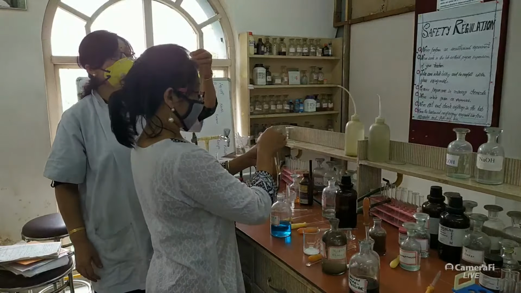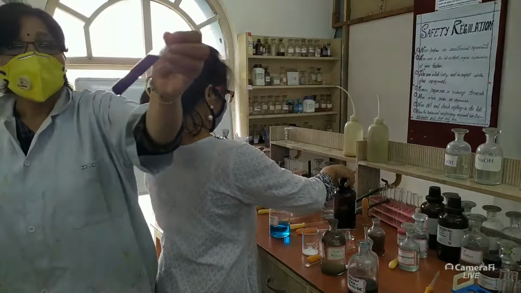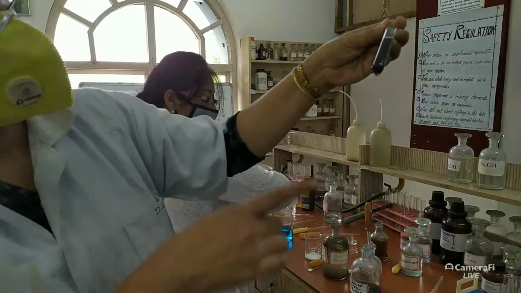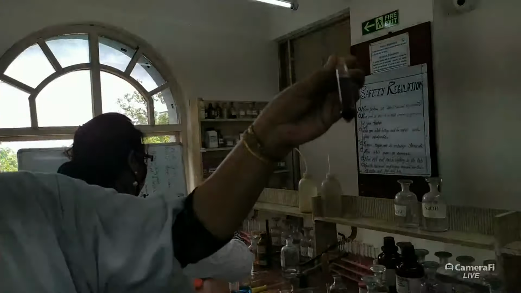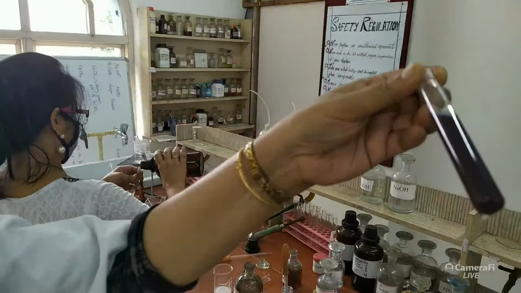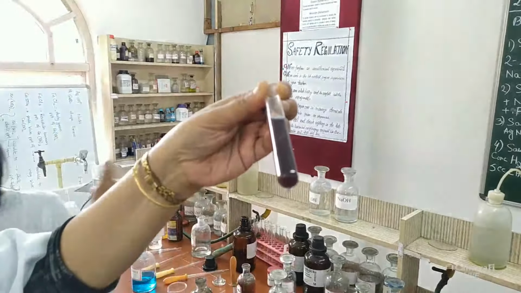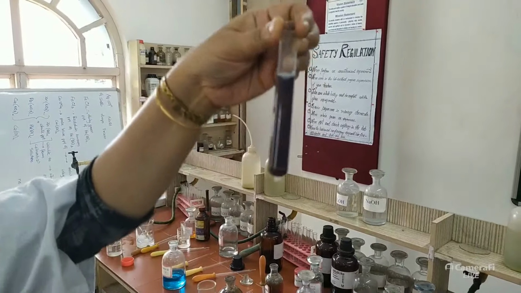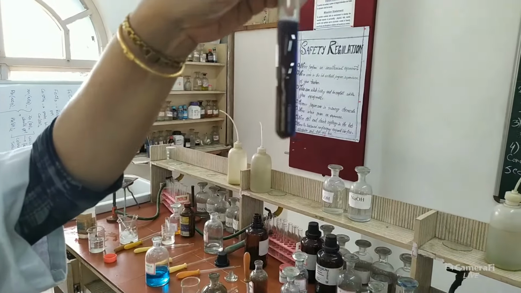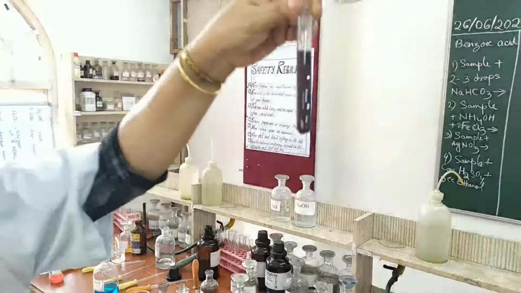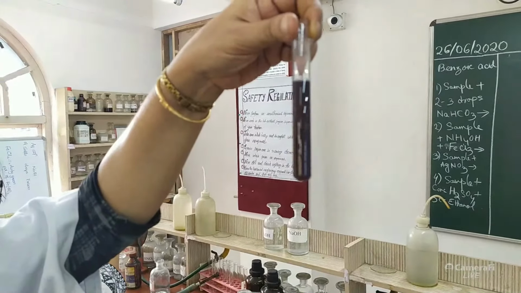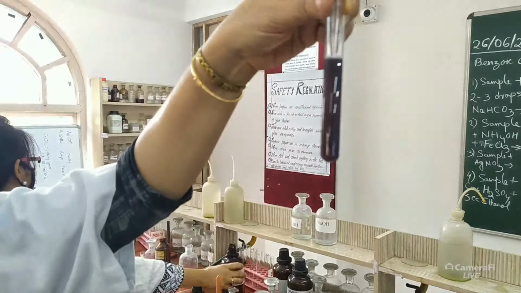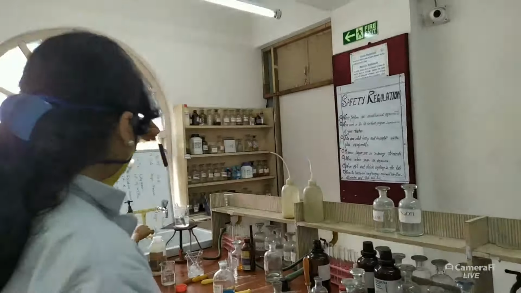Okay, now look here. This has come already. This is the Fehling's. Can you see the reddish brown deposit at the bottom? That means the formaldehyde has reduced Fehling's solution, and there is a reddish brown deposit. The entire color has changed. If I keep it for long, you will see a beautiful coating of reddish brown copper or Cu2O.